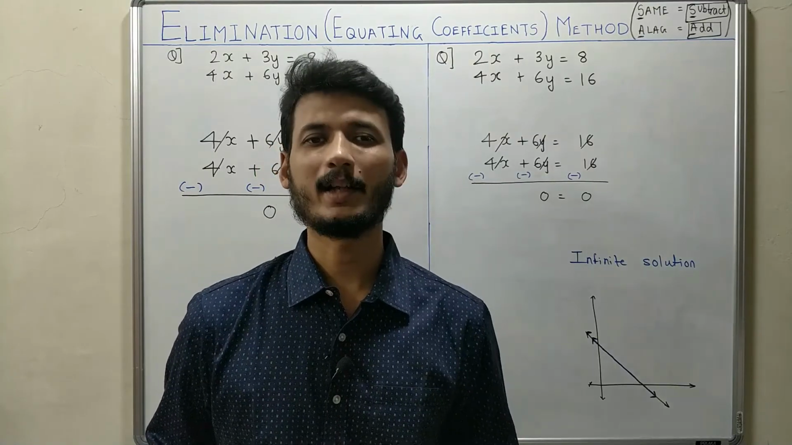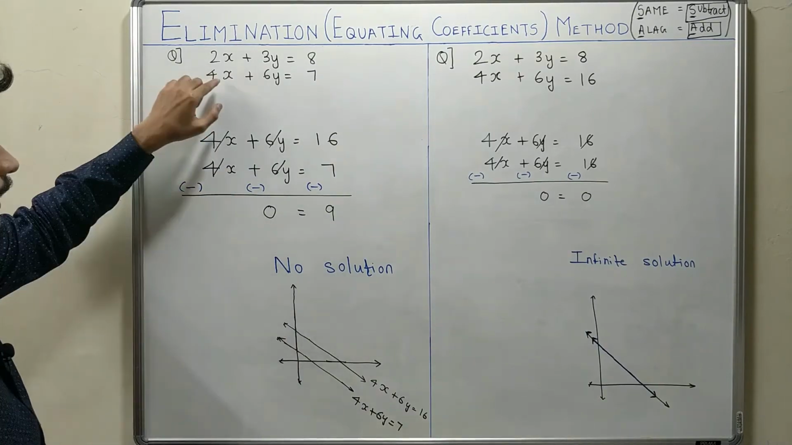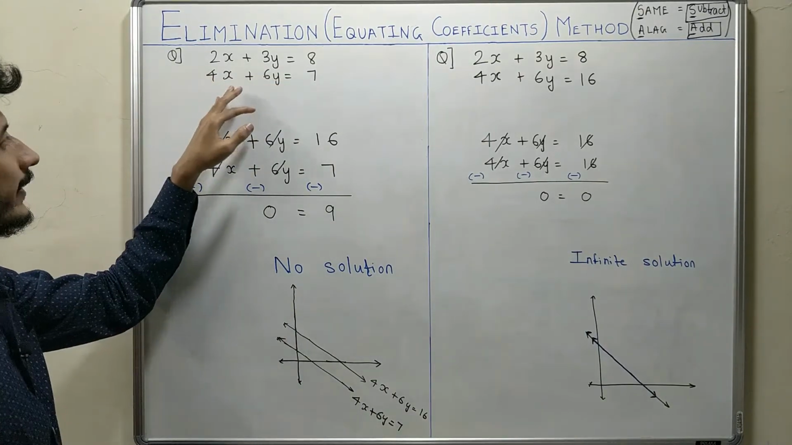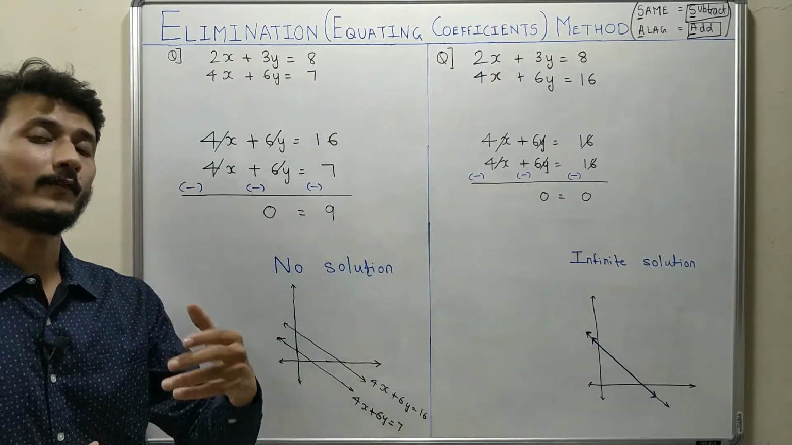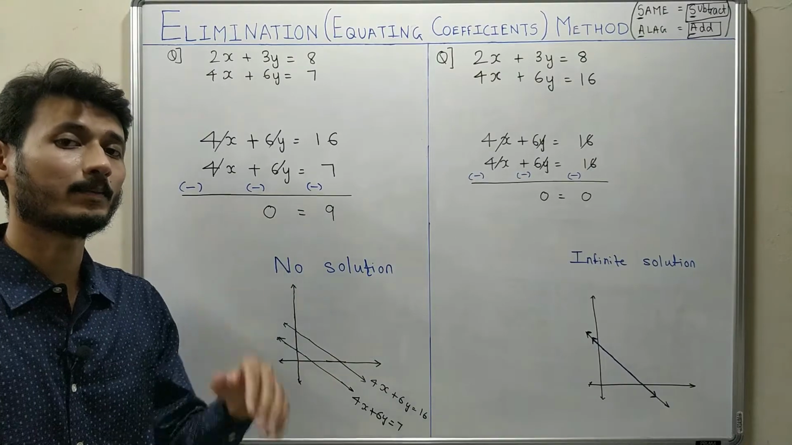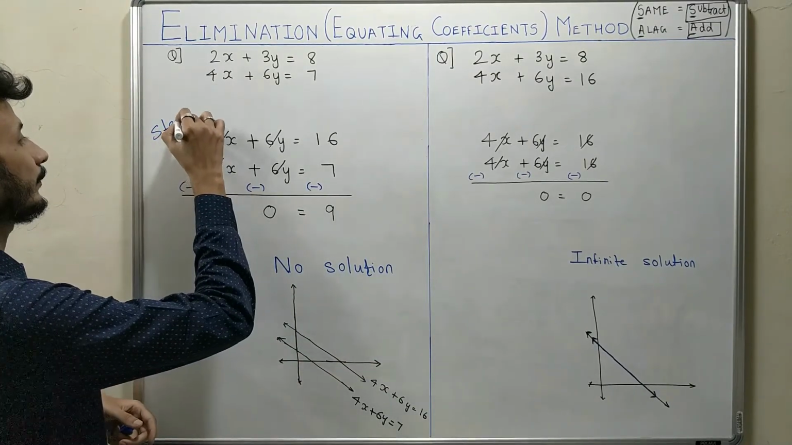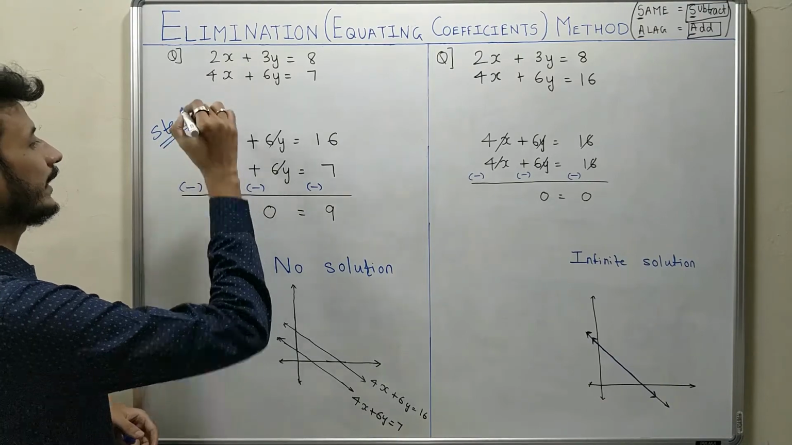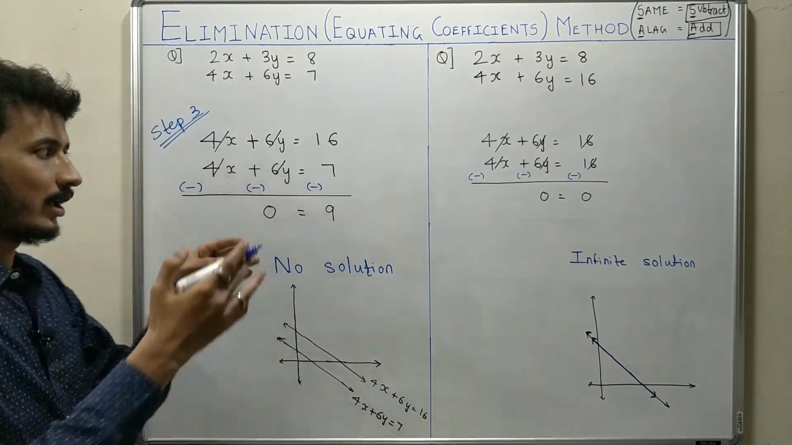Now it's time to look at some special cases. For example, if the question is 2x plus 3y is equal to 8 and 4x plus 6y is equal to 7, these are the two equations given to us. Now after performing step number 1, that is writing in the form of ax plus by is equal to c, and step number 2 by equating the coefficients, after reaching step number 3 and then performing subtraction or addition, if